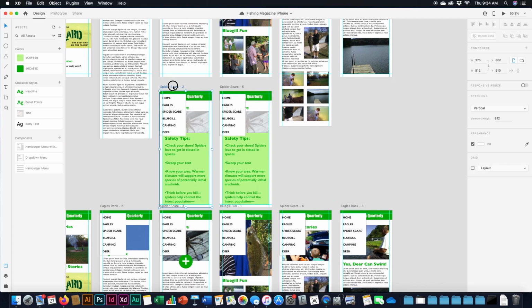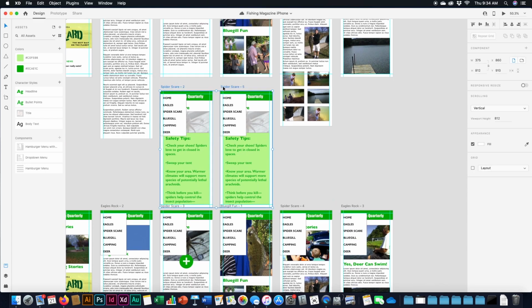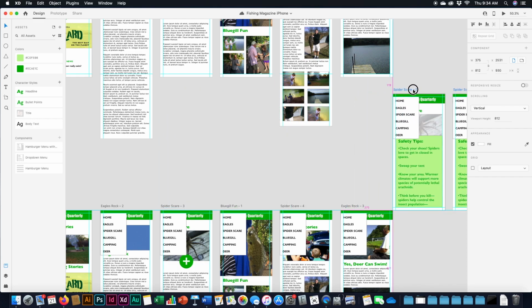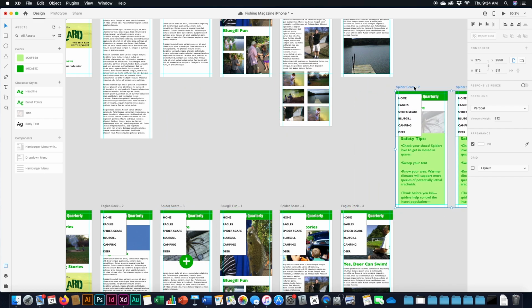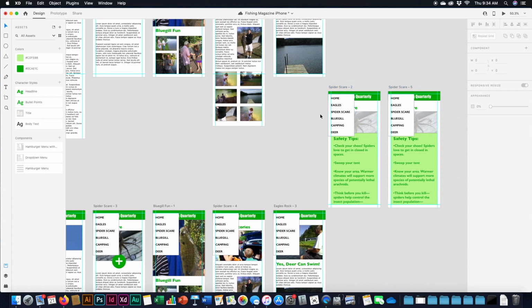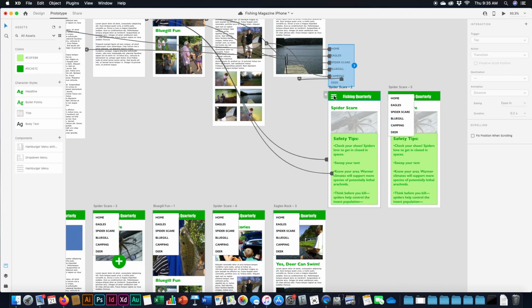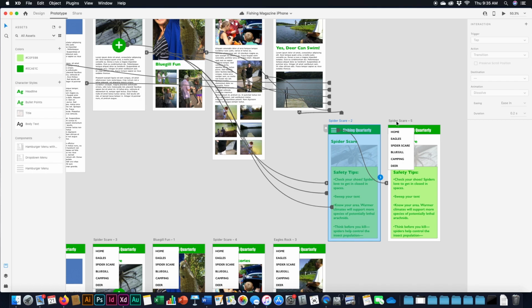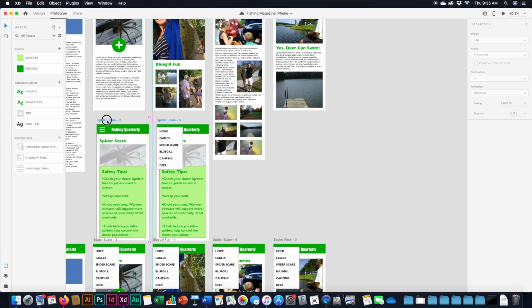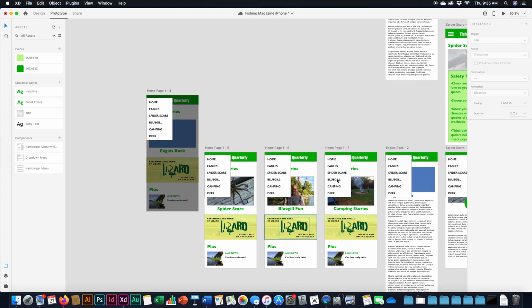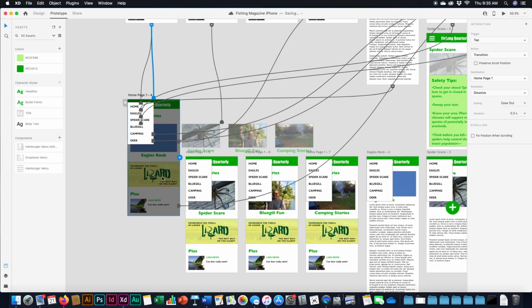Okay, so now I want to take these two. They were in there so I can organize them, but I would not have been able to move this thing up without putting it on a different artboard. So now I can move it up. And prototype, slide that over there. And now I should be able to move these back into position. So now I just have to go back in with